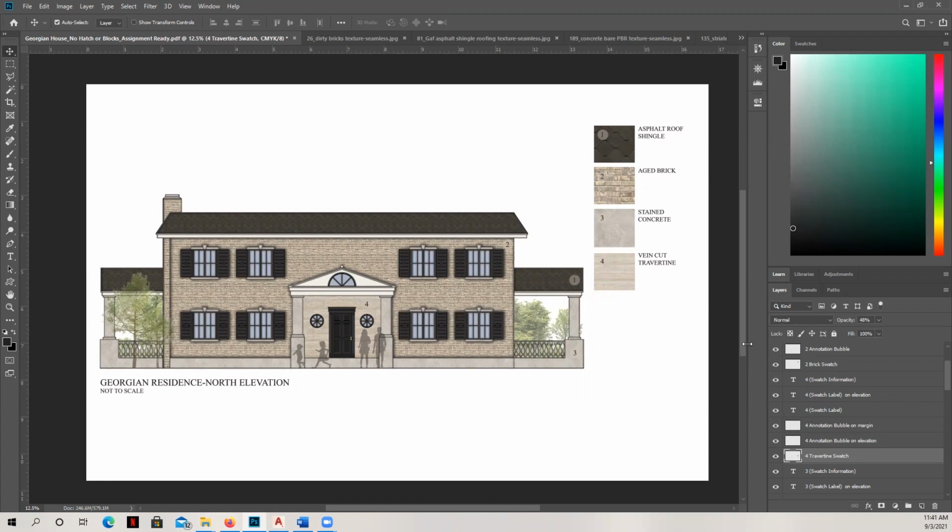This 4 swatch label is this. Number 4 annotation bubble on the margin is the very light color bubble right here. There's also this one, which is the annotation bubble on the elevation. It's over here. And the last one is the travertine swatch. See, I can turn it on and off and you can see.